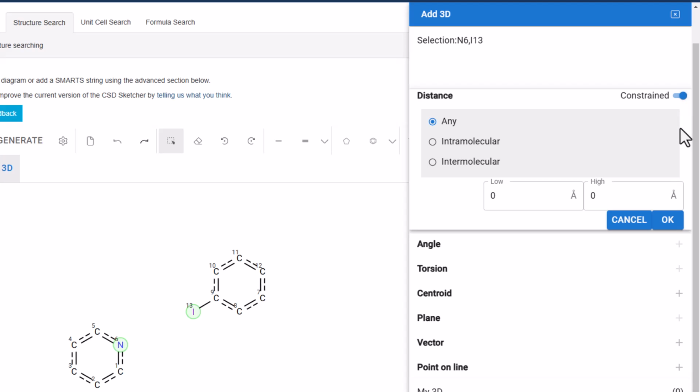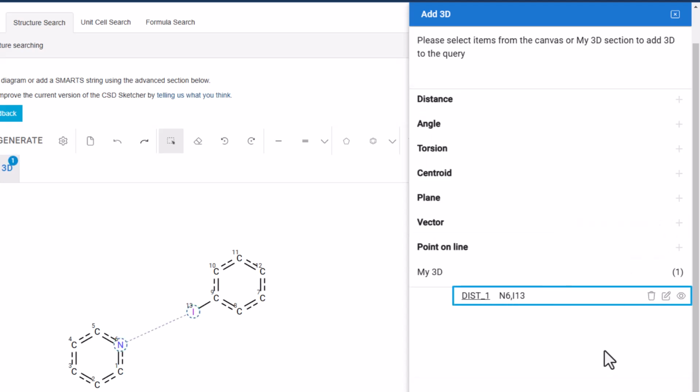These are any, intramolecular or intermolecular for non-bonded contacts. In this case, I want to look at the intermolecular ones, so I'm going to select that, and then you'll see below it that there are low and high limits for the distance. The low limit we can leave at 0 angstroms, but the upper limit we will change to 3.5 angstroms before clicking OK.